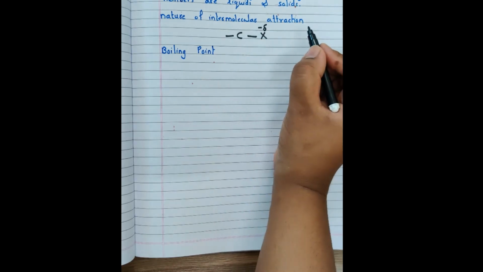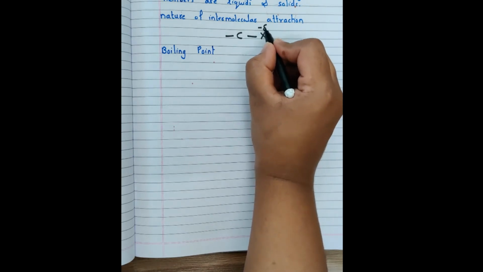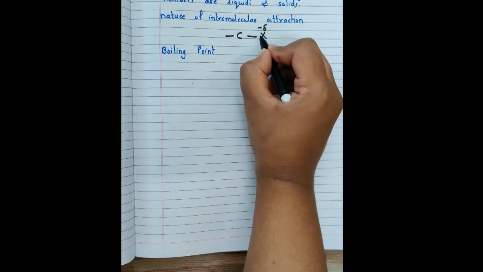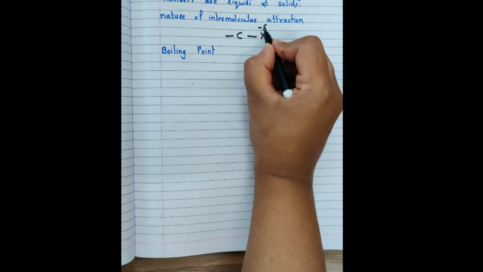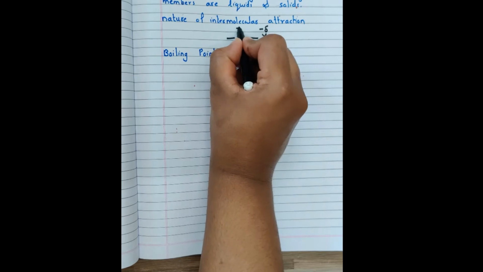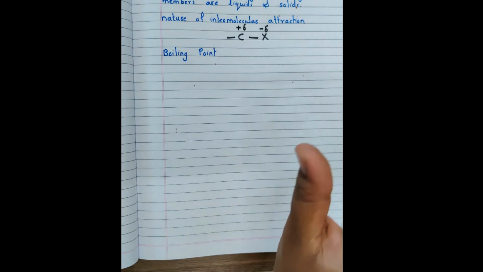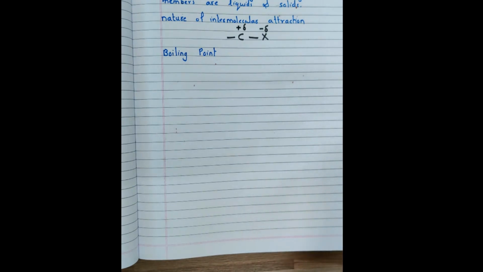Because of higher electronegativity, halogen will pull the electron pair towards itself. It is just pulling it towards itself, not taking it away from carbon. That's why the partial negative charge develops on halogen, and carbon gets a partial positive charge. This is a permanent effect which we will observe in all the haloalkanes, and because of this, all these haloalkanes become moderately polar compounds. It is not a pure covalent compound, but a moderately polar covalent compound.